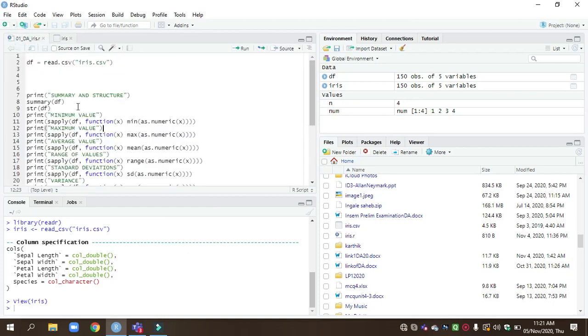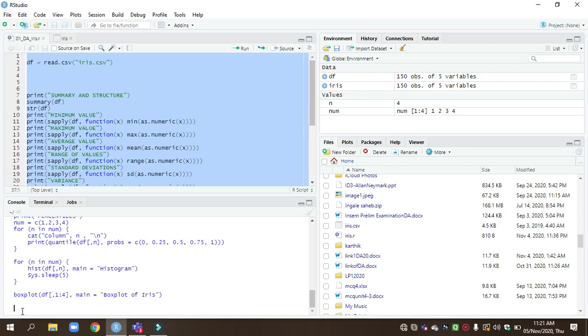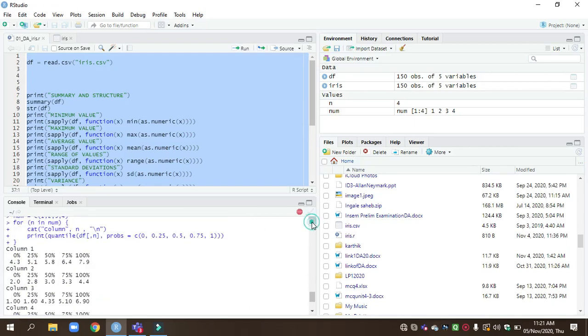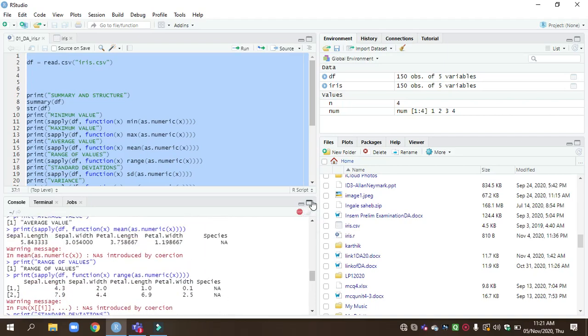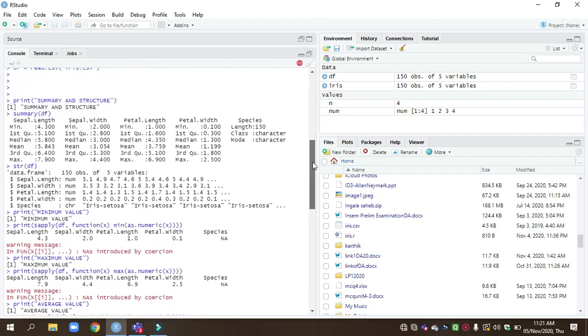After that you select all, Control C, paste here and enter. So you get the output.